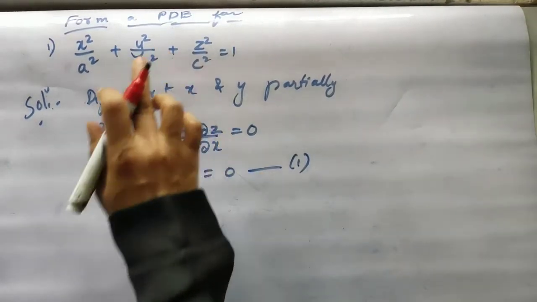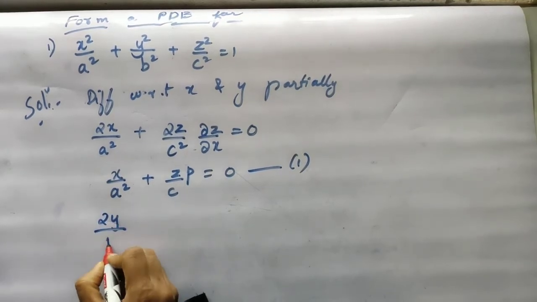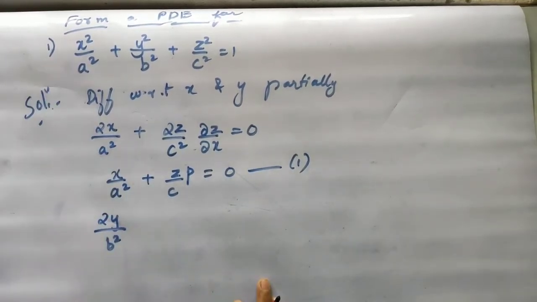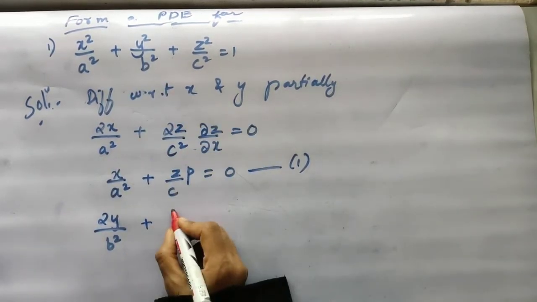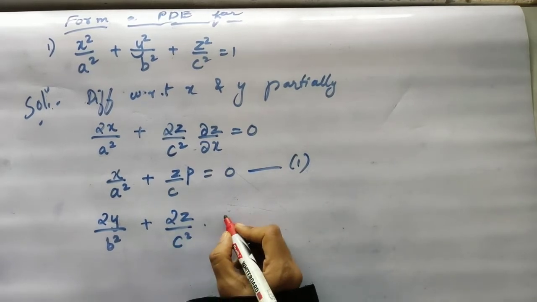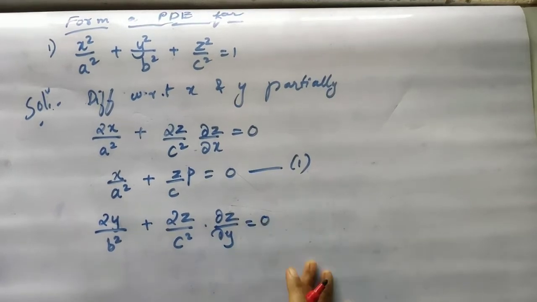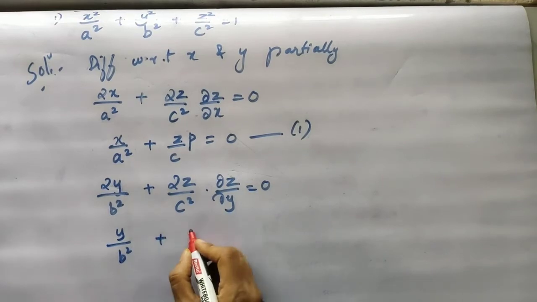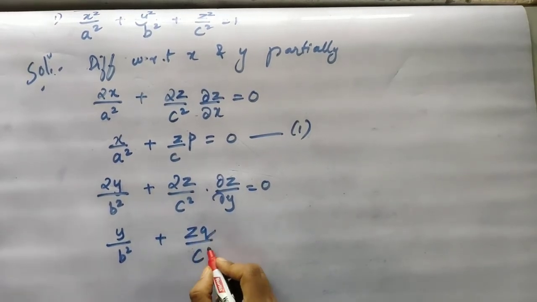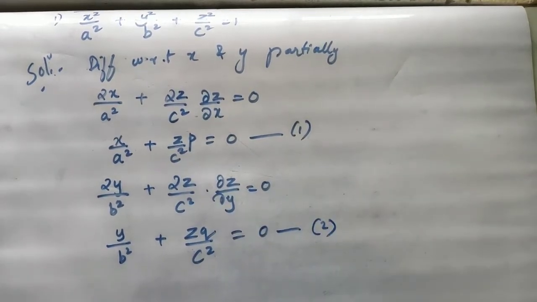Okay. Similarly, differentiate the given equation with respect to y now. So you have 2y divided by b square. The first term derivative with respect to y partially will be 0. Now here there is y, so 2y divided by b square plus derivative of the third term, 2z divided by c square into dou z by dou y is equal to 0. Now further if you simplify this like how we have done for the previous equation, it will be y by b square plus z into q divided by c square, sorry here it is also c square, is equal to 0. Call this as equation 2. Okay, this is what you get. So two equations you have already got.